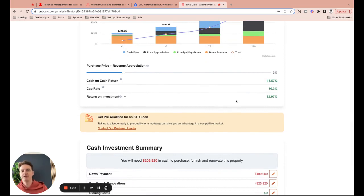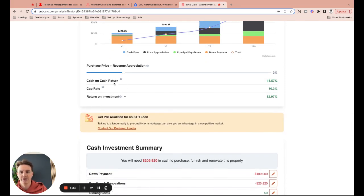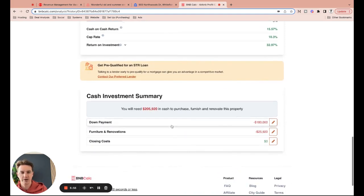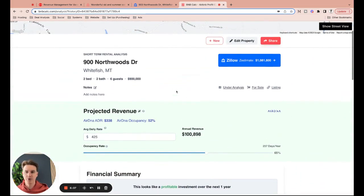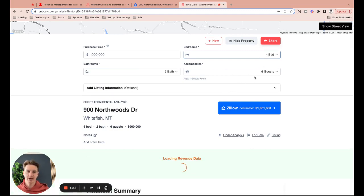Return on investment, 32.97%. If you're going to do any renovations, you could put that in there to adjust the rate. Cash on cash return is 15%. So it's a pretty good return in today's market. Obviously, it'd be nice to get a little bit better, but being 5 acres, you could potentially add some more doors to this property. So a good example is if you added more doors, you can adjust this by going editing property. You could say, maybe I'm going to throw a tiny house or yurt and add 2 more bedrooms,